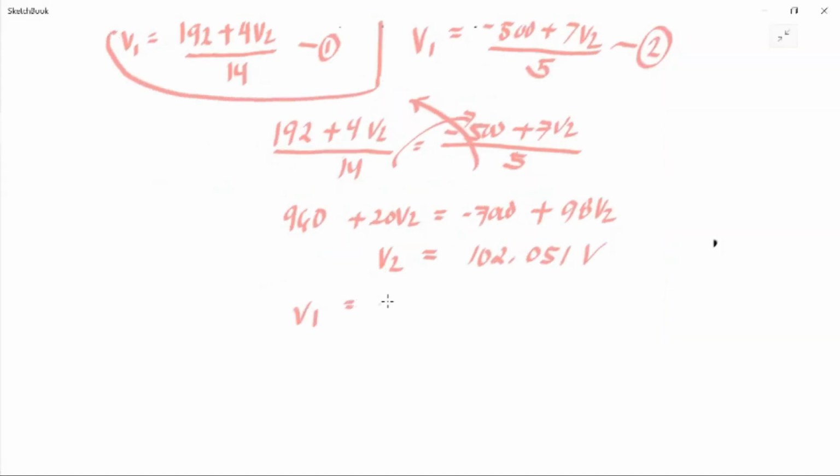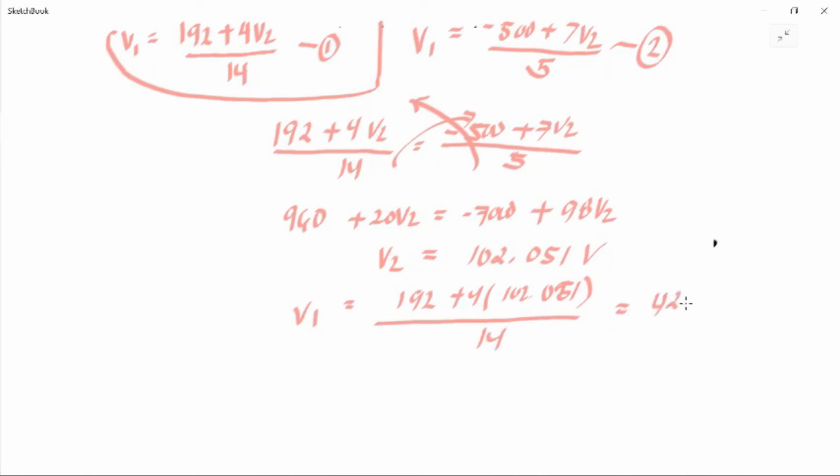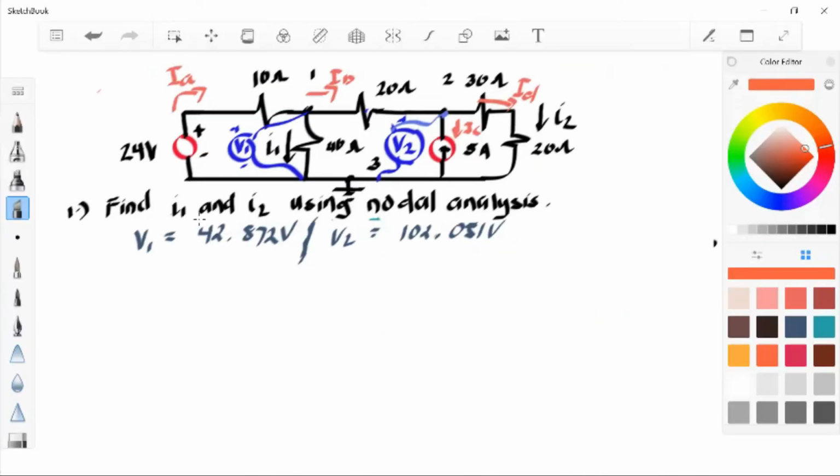Okay, and using equation 1, V1 is equals to 192 plus 4 times 102.051 divided by 14 is equals to 42.872 volts. Okay, that is V1. This is V2. And the problem is finding I1 and I2, but it is very obvious in this circuit that